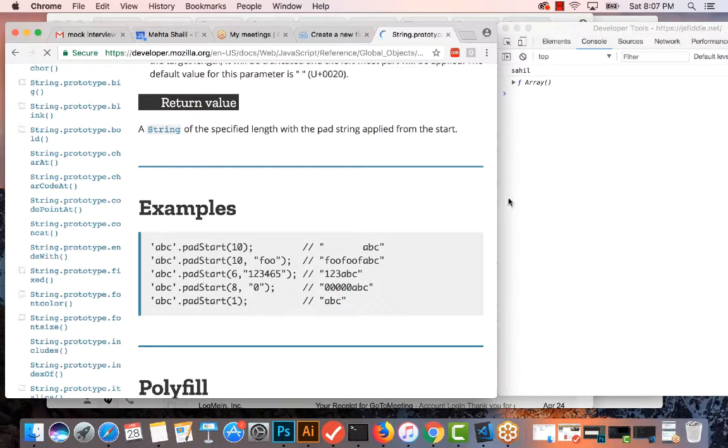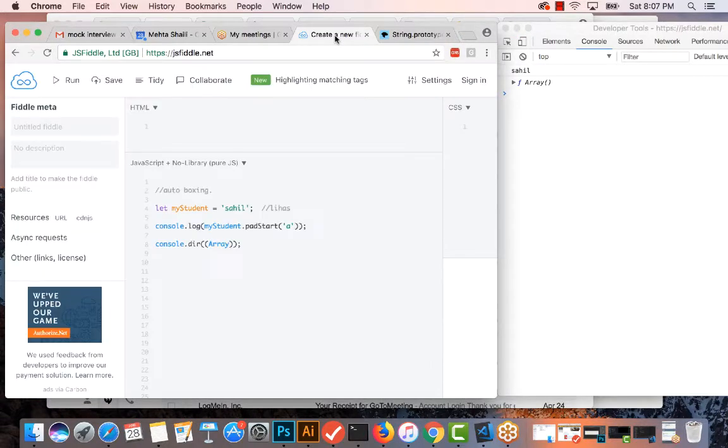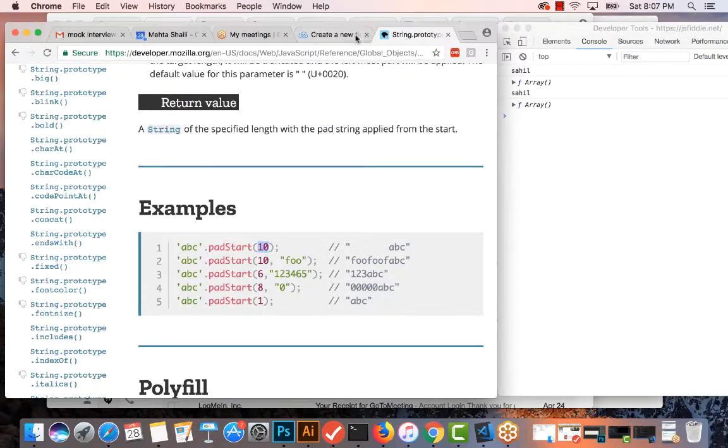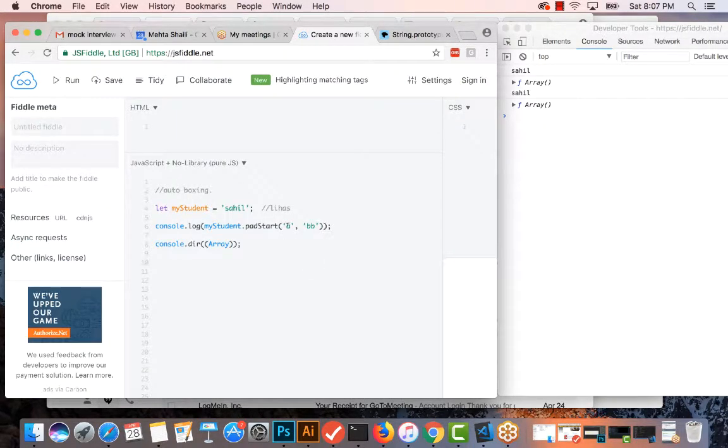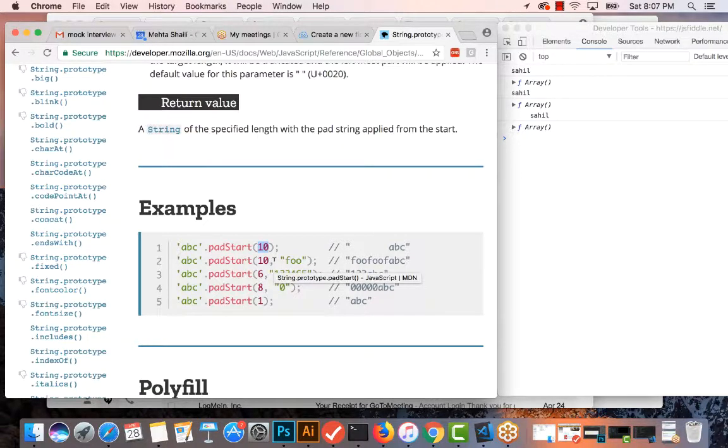Oh, okay. It adds in the beginning. It would add. So if I just do 10, oh, sorry. So I have to say first is a position. Let's say if I say 10, then I think it just adds 10 empty spaces here, as you can see. But if I say foo,